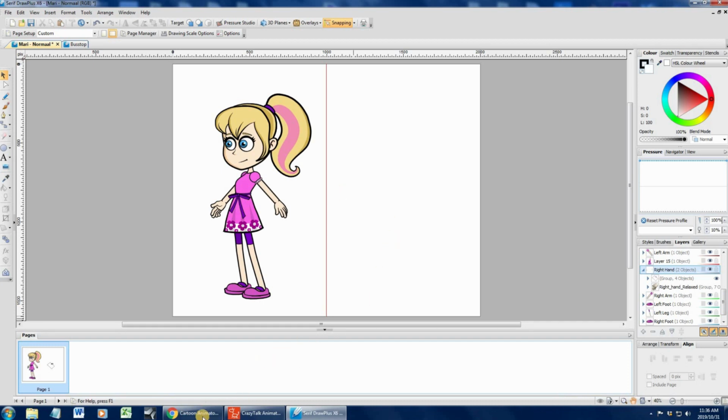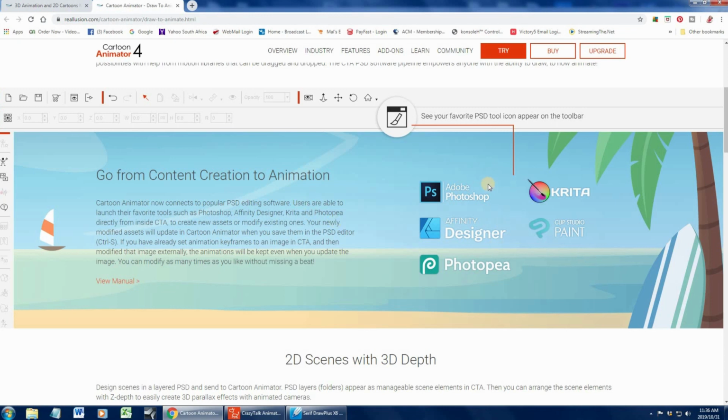Other graphic designing softwares that I will recommend, and there's a reason for it, are these 5 that you'll find on the Reallusion website. Affinity Designer is actually the new version of Draw Plus, from the same company. Draw Plus is not available anymore; they went over to create Affinity. The reason I recommend these softwares is because Reallusion has now created Cartoon Animator 4